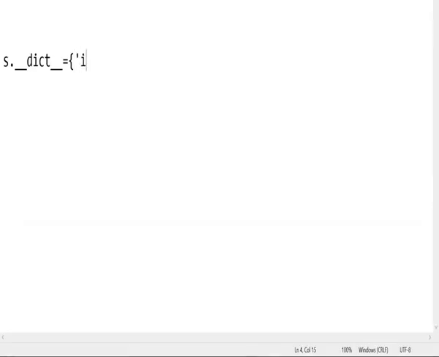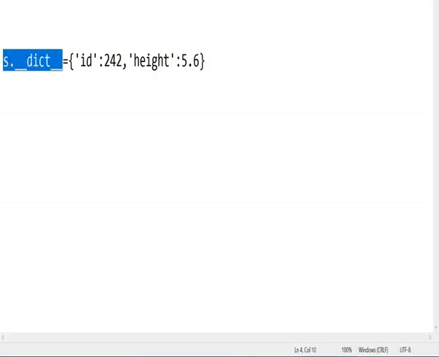So by writing this statement, the output printed is id colon 242 comma height colon 5.6. So __dict__ returns the elements present in the class in dictionary format.